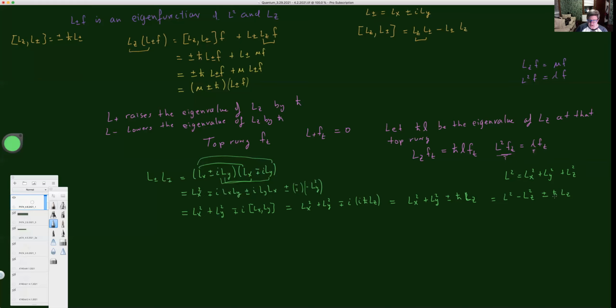Okay, so if we wanted to write our L squared in terms of the raising and lowering operators, it would be this. We would have L squared is equal to L plus minus L minus plus, and then plus Lz squared, because that's going on the other side of the equation, right, from this here. And then minus plus,